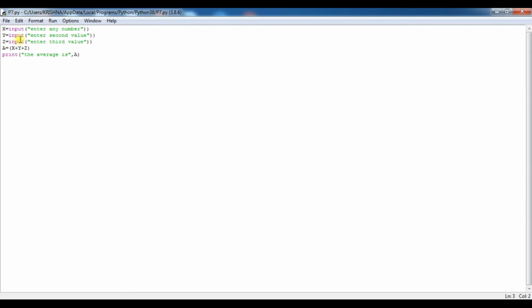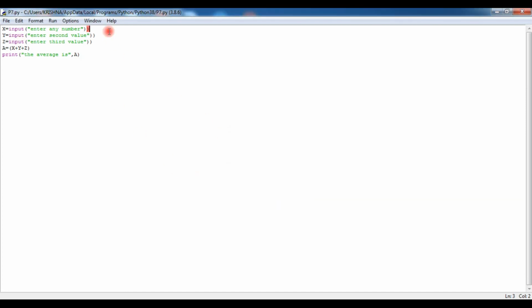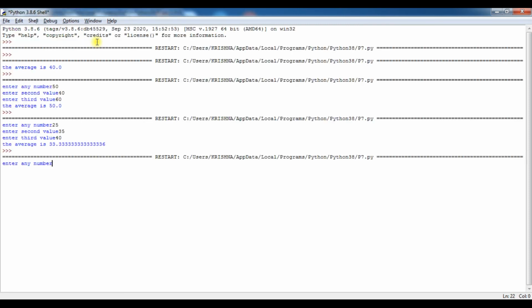Again save it, F5. Suppose I have made some mistake, you remove the double brackets, because as many brackets are opened, that many are closed. Let's enter 45, 30, 25. What you have seen, 45, 30 and 25.